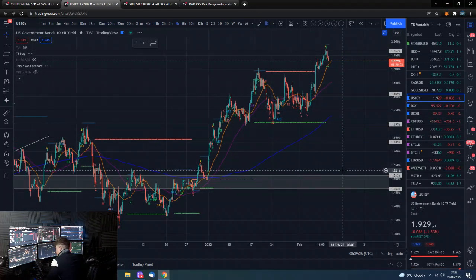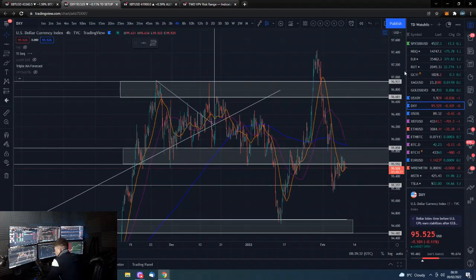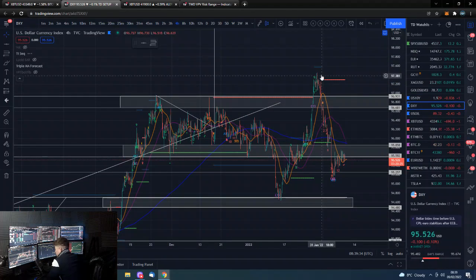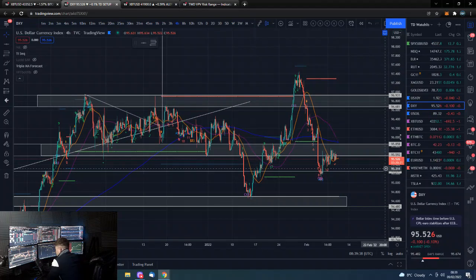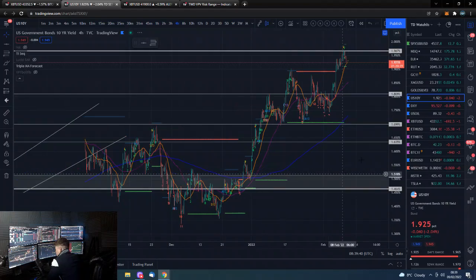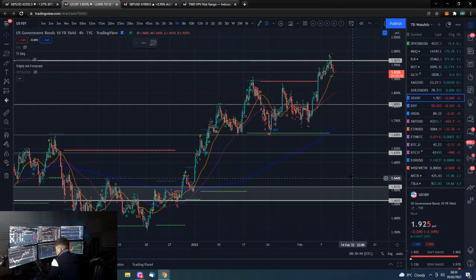The way that I see things is that the dollar is still relatively weak. It's not pushing onwards and upwards. So there is still clearly risk on, even with this pushing up. But also the market's pricing in a higher likelihood of literally nearly 7 rate hikes this year, which